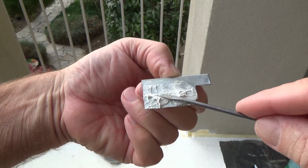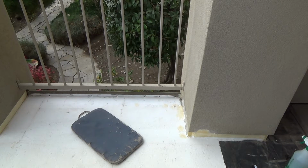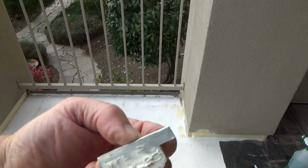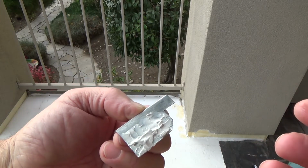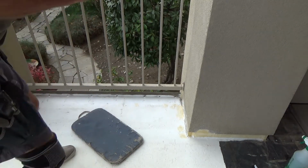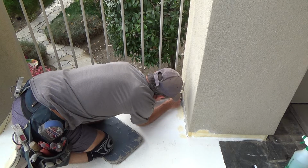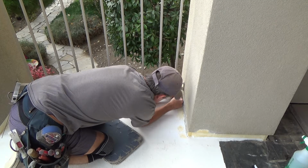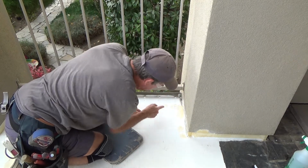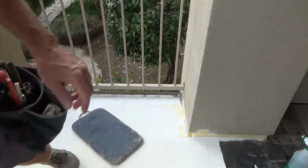You know what they actually say for construction adhesive, that you're supposed to put something together, like when you're putting paneling up or maybe a piece of baseboard up against a concrete wall. You push it on there, and then you wait a minute or so, pull it off a little bit to let it tack up a little bit, and then push it back on, and it seems to work out pretty well. So I'm kind of doing the same thing with this. That looks fine. Now I can let that dry,